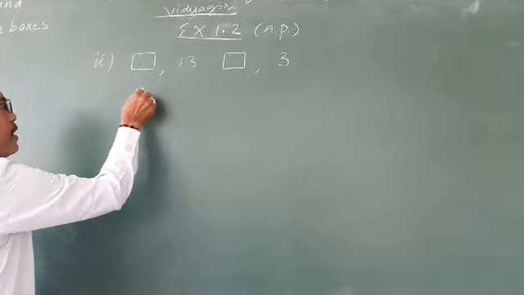The first given value is A2 is 13, so we referred to the formula an equals a plus n minus 1 into d. After substituting the values, we got a plus d equals 13 as the first equation. Then the fourth term of an AP is 3, so a plus 4 minus 1 into d, a plus 3d equals 3, that is equation 2. So, solving 1 and 2.